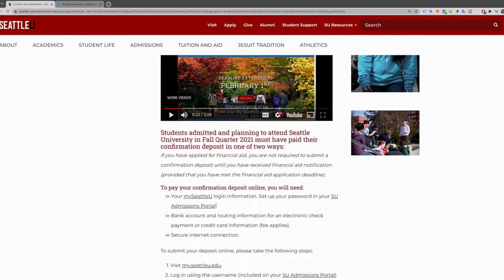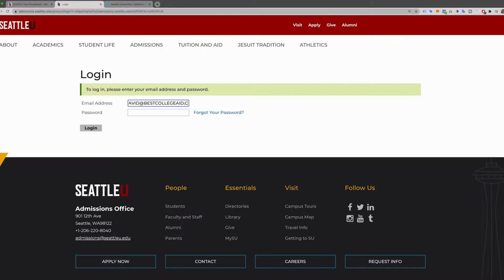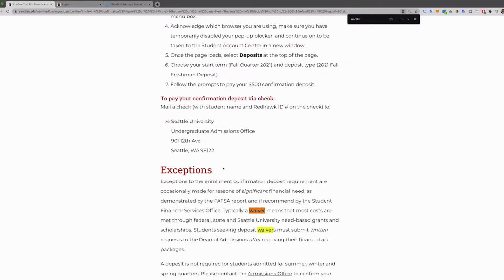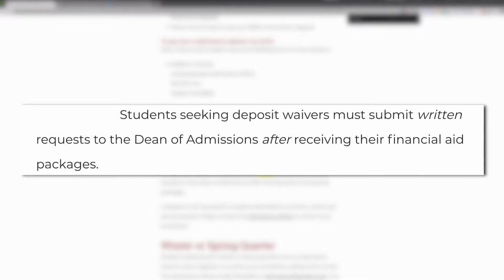Similar to how you can apply for a college application fee waiver when you submit your applications through the Common Application, Coalition Application, or directly to the school's admissions portal, if you cannot pay or need help paying for this enrollment deposit fee, you can apply for an enrollment deposit fee waiver, which is exactly what I want to talk about next: the 4 steps to waive your college enrollment